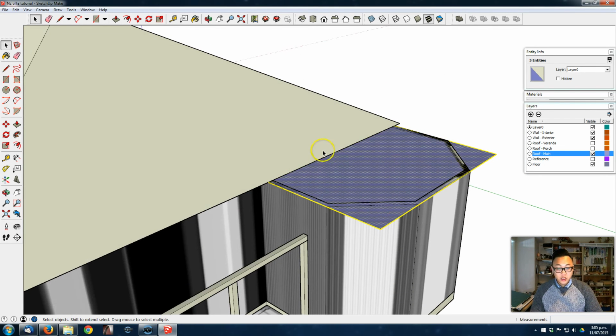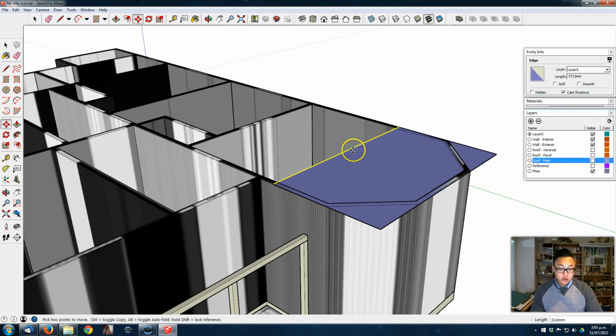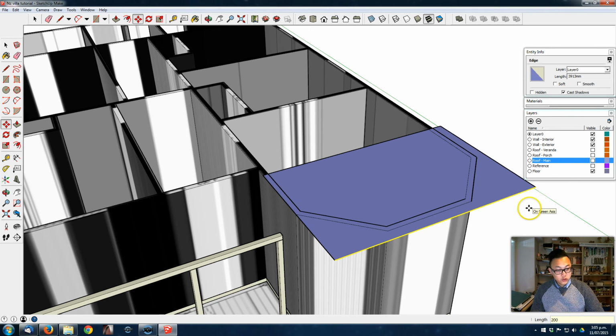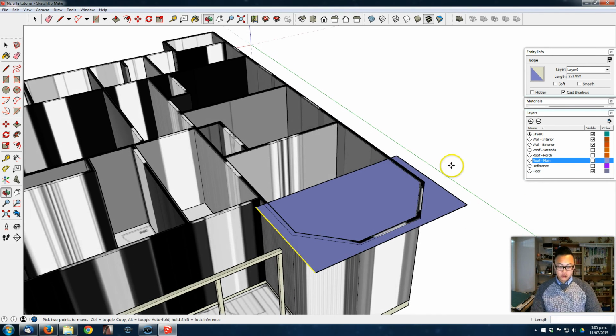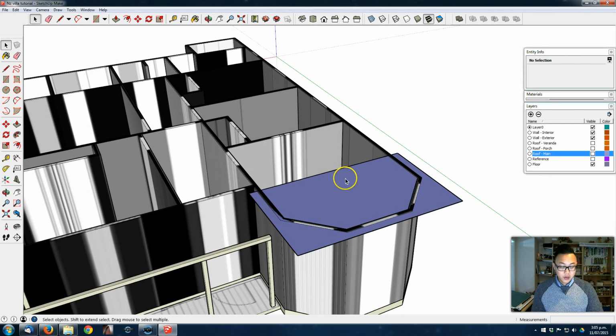Oh, here, because we have eaves of 200, so I need to move that line 200 this way, and on this side 200, this split 200, 200. Well, I did it the manual way, but you could have also used the offset tool. Okay, so now we got this face here,